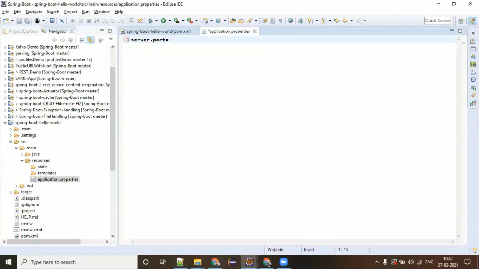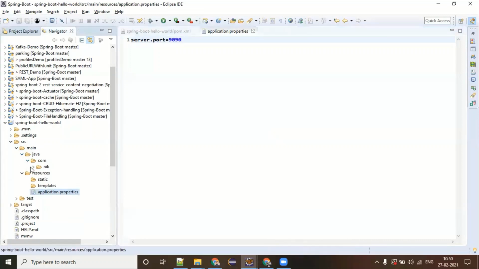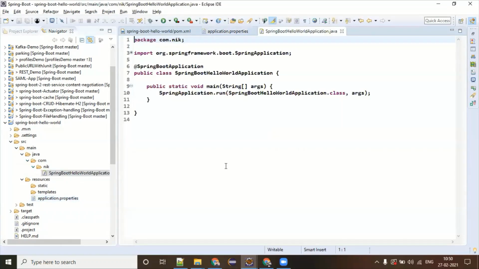So I highly recommend that if you have any application running on this port, try changing to 9090 or whatever four-digit number you prefer. So server.port is what you have to change, and that is advisable if you are sure some server is using the 8080 port. Now, if you open the Java folder, it is not going to have anything other than the Spring Boot application. So this is your main program where you actually run this.